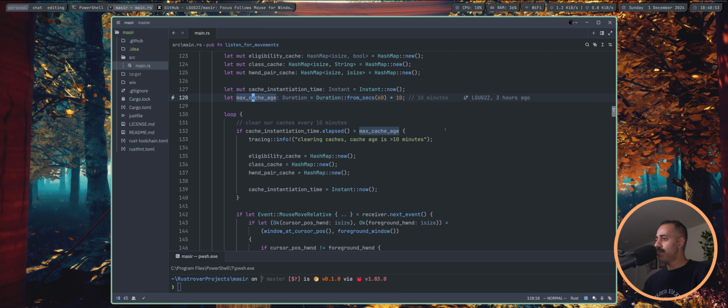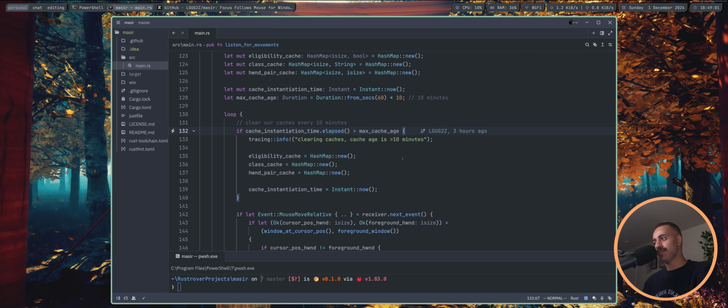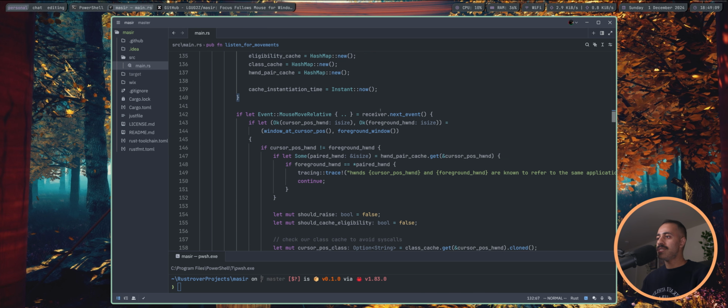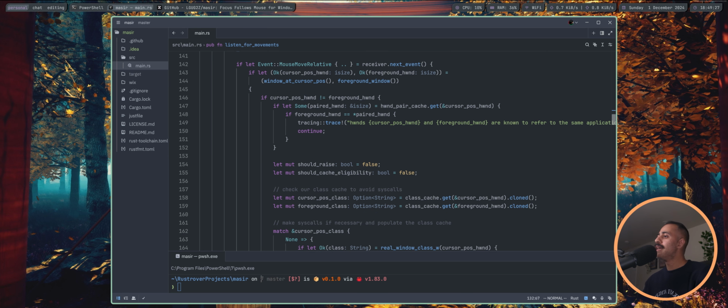Now, in this if block here, we are going to be clearing all of our caches every 10 minutes. We have more than one cache, so we have to clear more than one cache. Then we get into the event handler for mouse movements. So if we have a window handle for the window at the cursor position, if we have a window handle for the foreground window, and if those 2 are not the same,